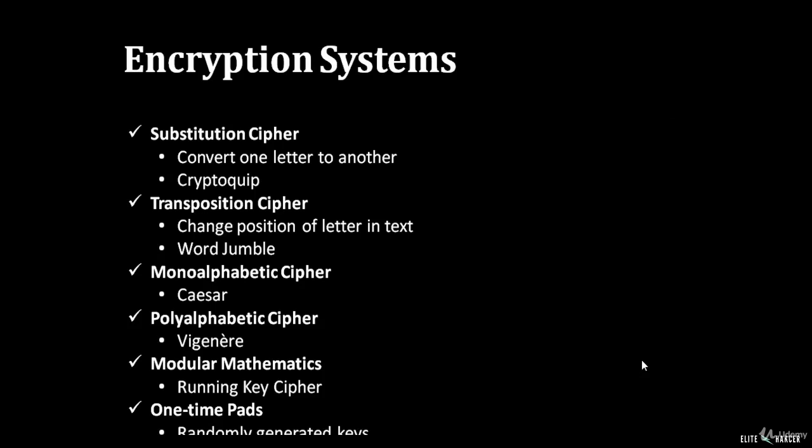The encryption systems majorly used in today's crypto systems comprise substitution ciphers, transposition ciphers, monoalphabetic ciphers, polyalphabetic ciphers, modular mathematics, and one-time pads. These types basically describe the patterns of changing the plain text to ciphertext, from a substitution cipher using letter replacement to transposition ciphers, which include word jumbles while rearranging or reordering letters within the message, or monoalphabetic or polyalphabetic ciphers where a single letter or group of letters is substituted for plain text to ciphertext. Also mentioned here are one-time pads, which are randomly generated keys used to ensure a high degree of entropy in